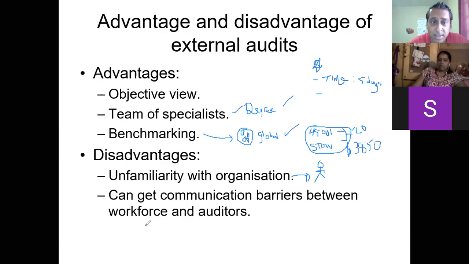Another big disadvantage is that because you are external, you could get communication barriers between the workforce and the auditor, and that is very common. There's often a fear of auditors, especially somebody from the outside.